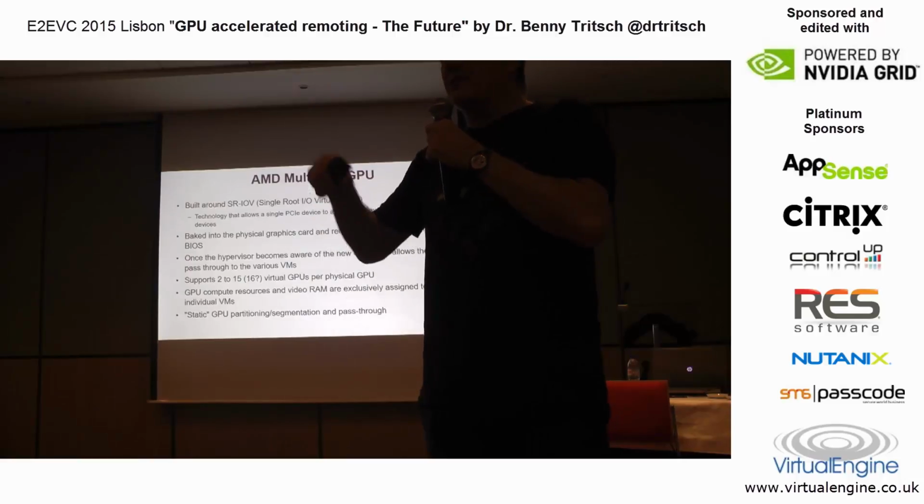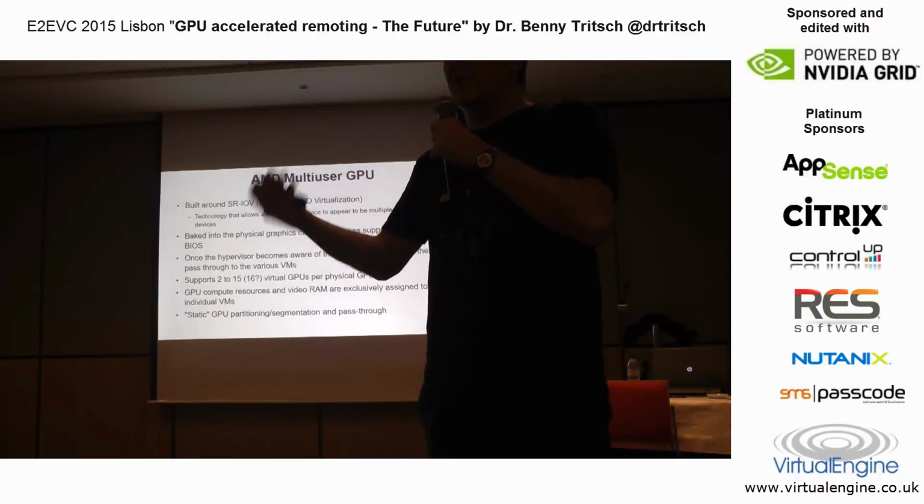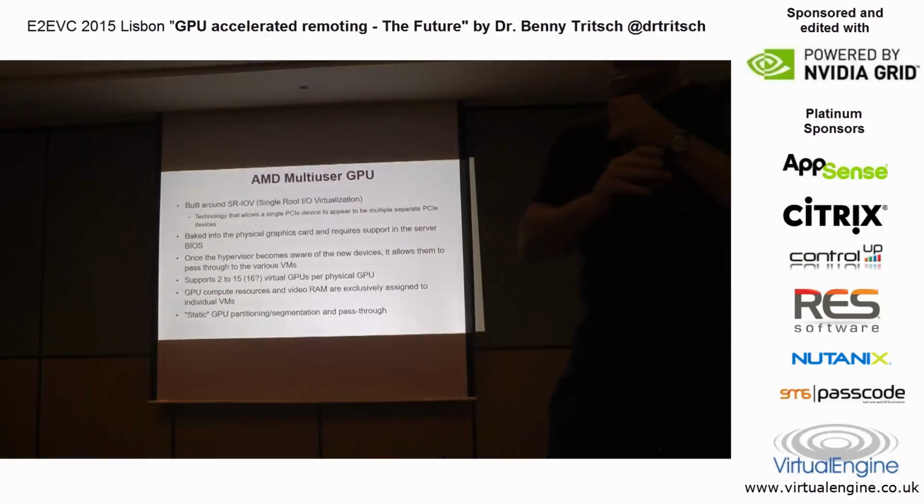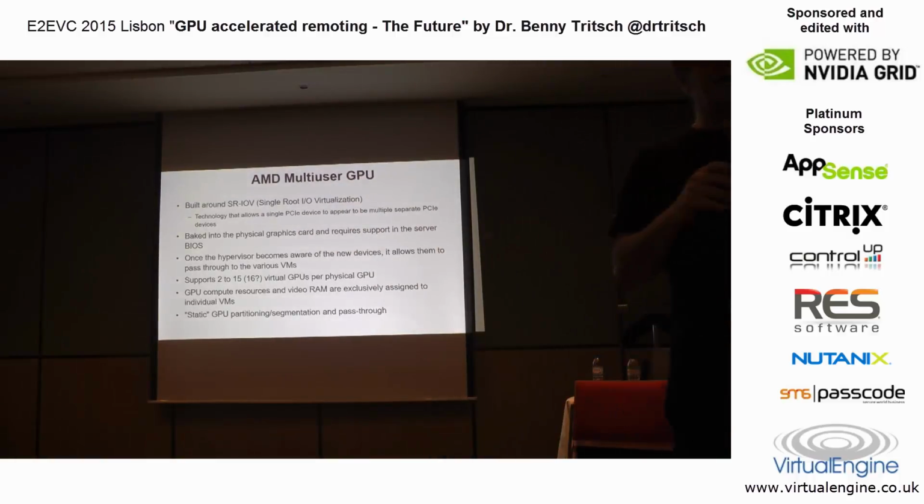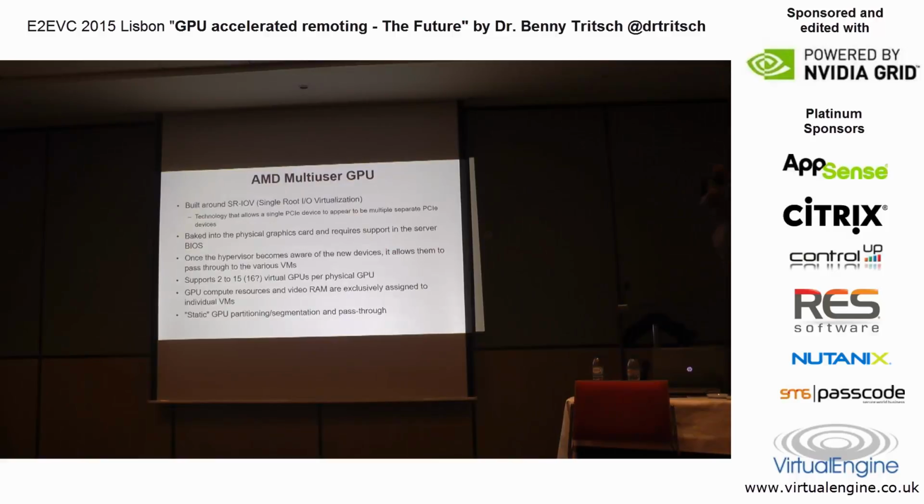And if the BIOS cannot deal with the sheer number of devices, you're stuck. This is why only the latest versions of the servers, like the Dell, it must be an R730. The R720 obviously does not support this technology anymore, because there's not enough memory range in order to support that